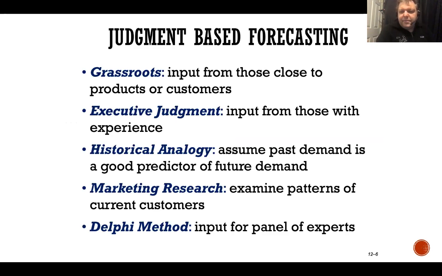Okay, so starting with what we have, first time we're making a product, first time we're selling something, how do we forecast? We don't have any previous data. We don't have any experience. So how do we go about forecasting and getting the right number? There's 5 different ways. And companies use a combination of these 5 different ways.